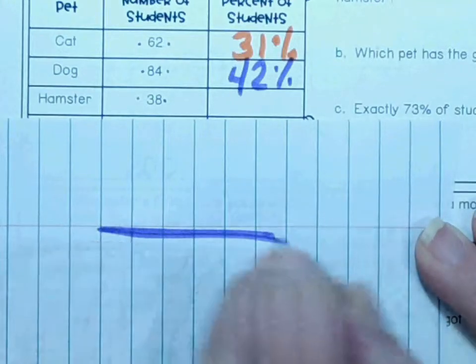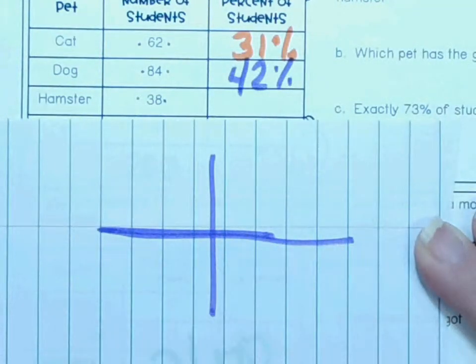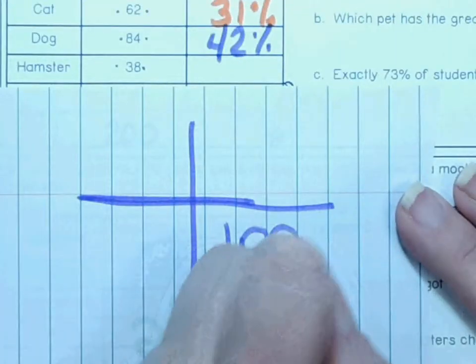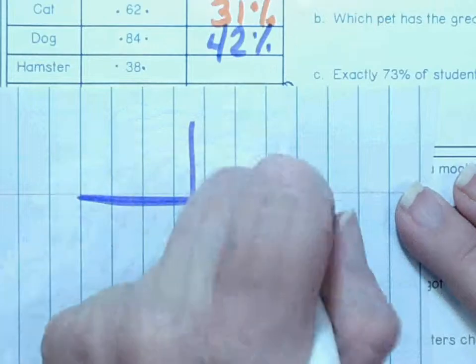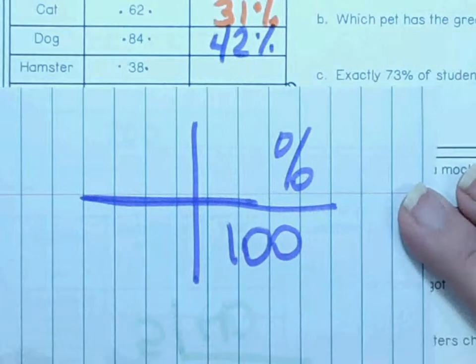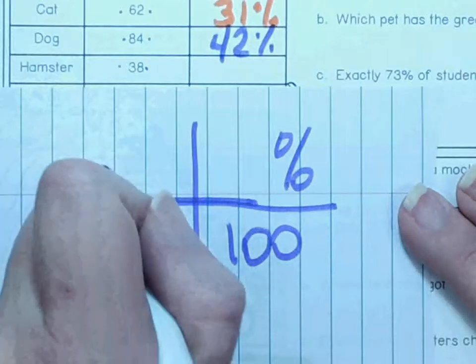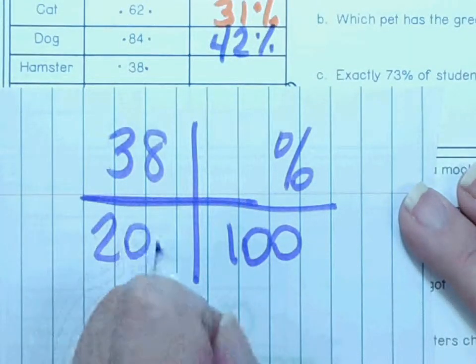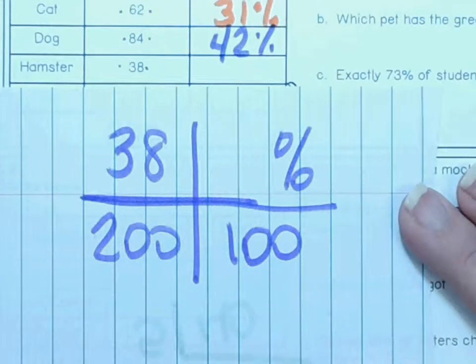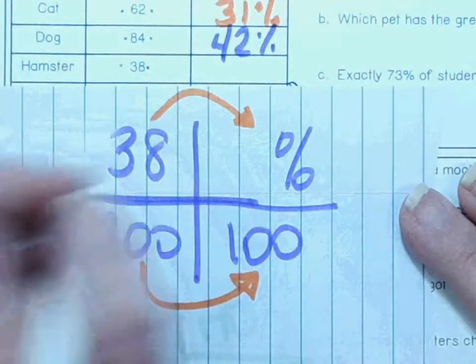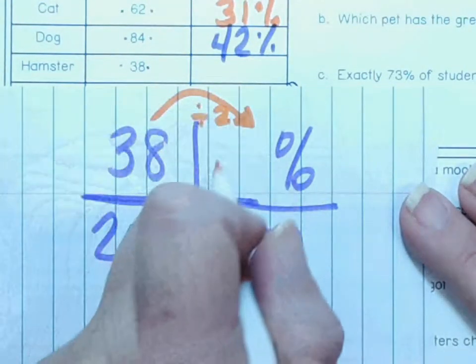Okay, remember another way to do your percent proportion is to do the crisscross bar like that. You still are filling it all in the same way. Alright, what's the part of students that like hamsters? 38. And what was the total? 200. And so 200 to 100 was what? Divide by 2. So 38 divided by 2 is going to be,